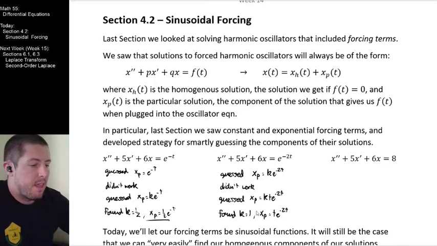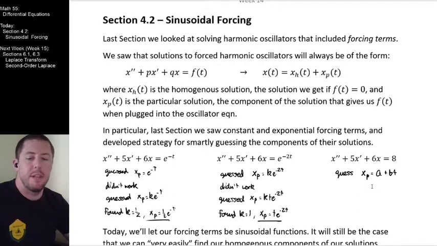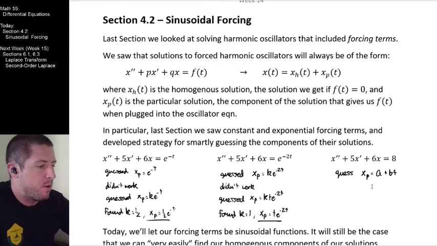Finally, then, we looked at a third case here where rather than having an exponential function, we had just a constant function over here. And so our first inclination maybe would have been to guess that our particular solution should just be a. But we said, well, from the last one we learned that sometimes you want to multiply terms by t, so maybe there should be a bt term in there as well. So we guessed the much more robust solution, a plus bt, because we didn't know which components we actually needed in there. What we did is we found that b was unnecessary,